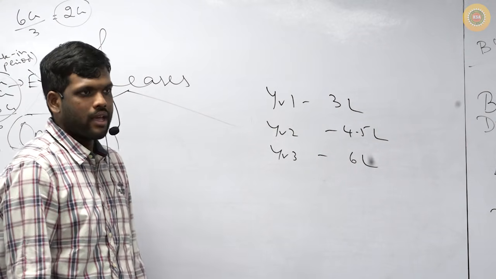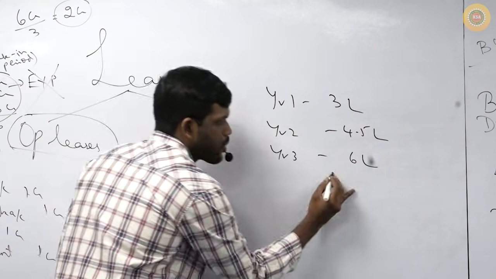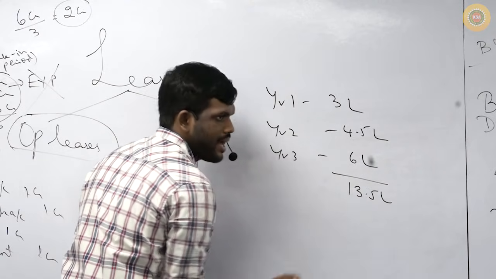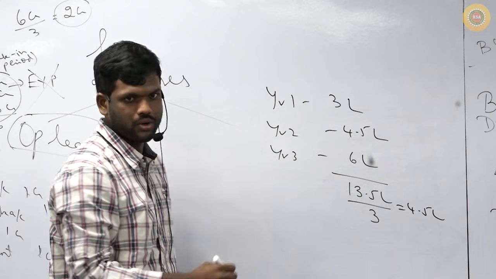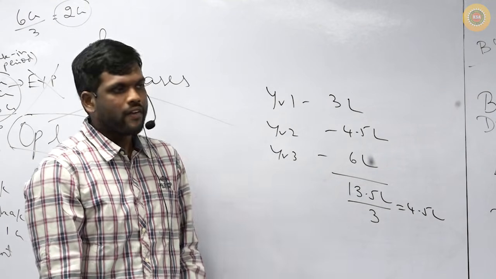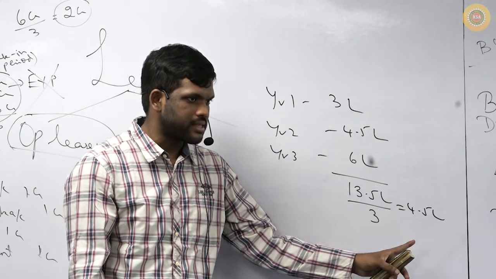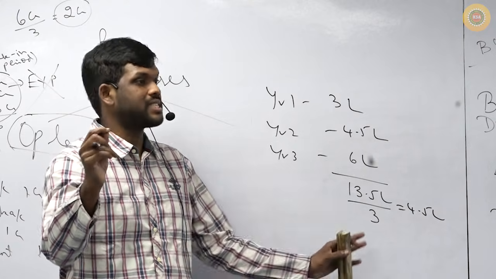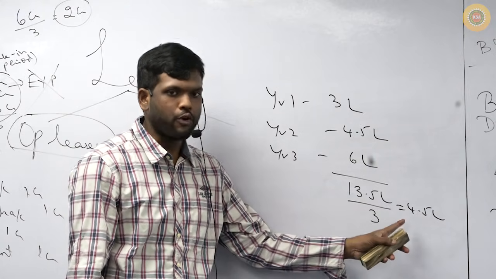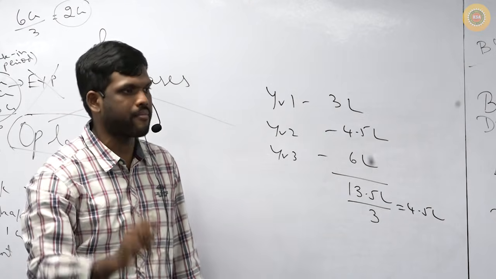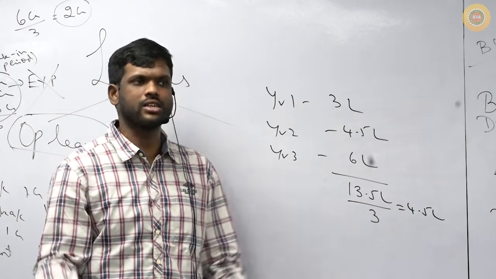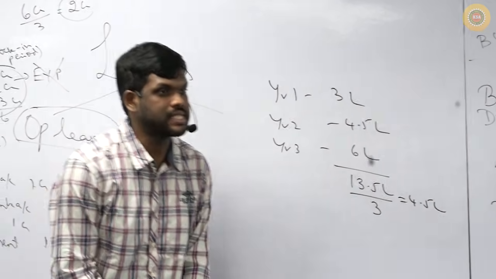Now what we did, we took a total 13.5 lakhs and divided by 3 years, and found 4.5 lakhs. Listen, we should calculate like this when the usage is same. We took 4.5 lakhs every year to P&L because usage of the machinery is same. If nothing is given in the question, we will assume that usage is same.